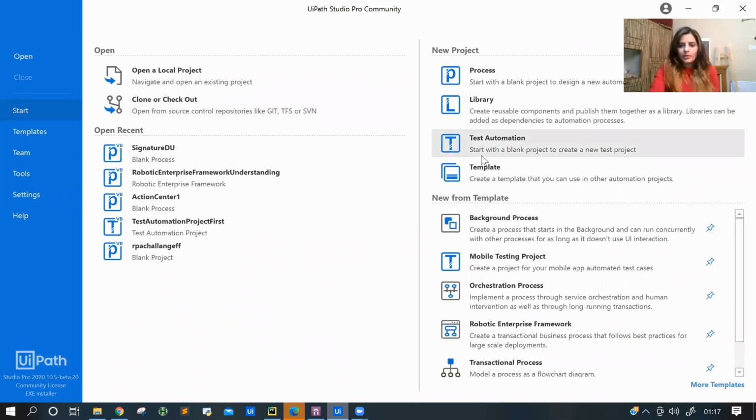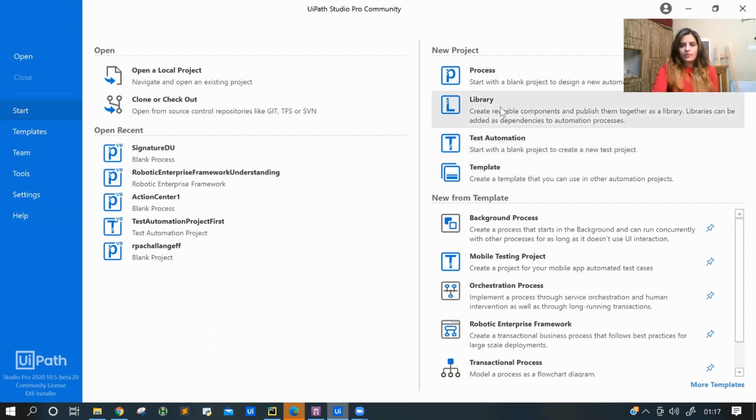Okay, so for creating an object repository, if you have seen my last tutorial, we have seen the test automation process. We also have to use it, but what we have to do is invoke it; basically, in managed packages, we have to get the test automation. So if you are using the process, otherwise you can directly go ahead with the test automation. So if you want to create the reusable components, that is your object repository.